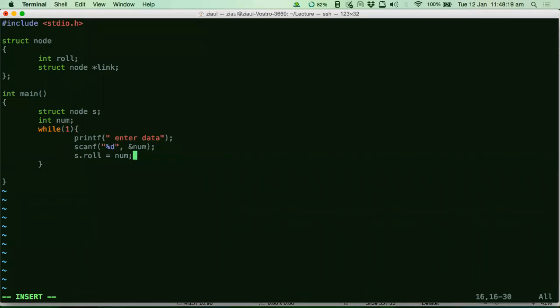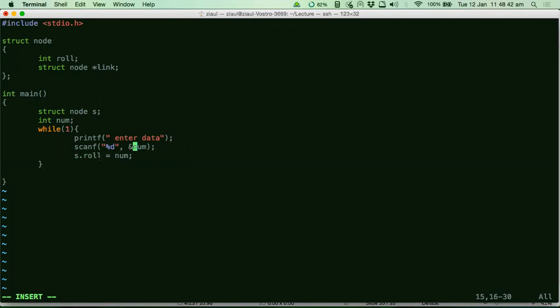What will happen in this program? Tell me. The same memory location will be updated again and again with the new value that you are entering, right? That means the first time you enter 12, the 12 goes into this memory location. And then next you enter 13, and then 13 takes its place. 14 takes its place. 15 takes its place. So every time you are entering some new data, the old data is being erased, right?